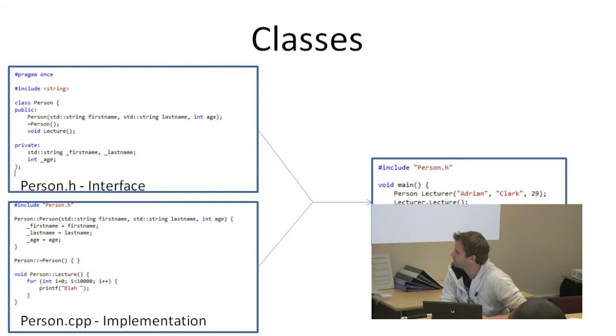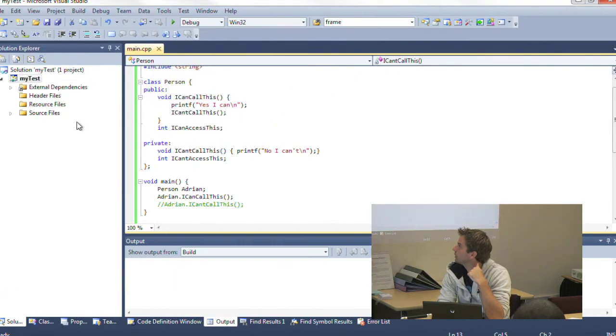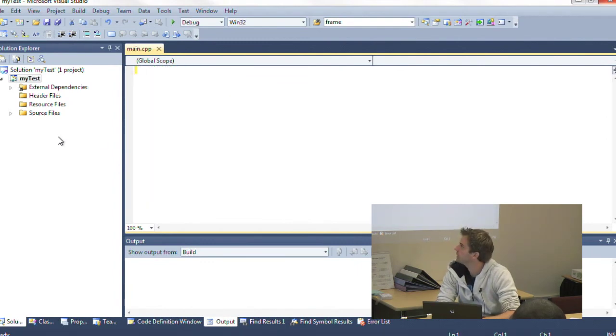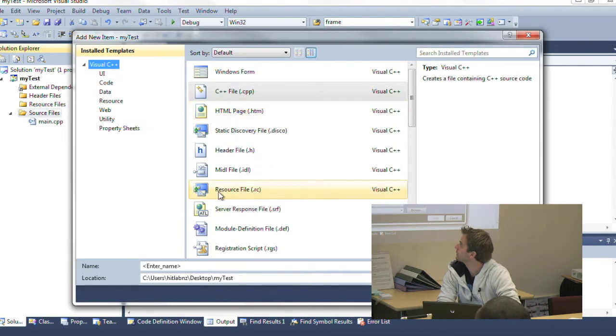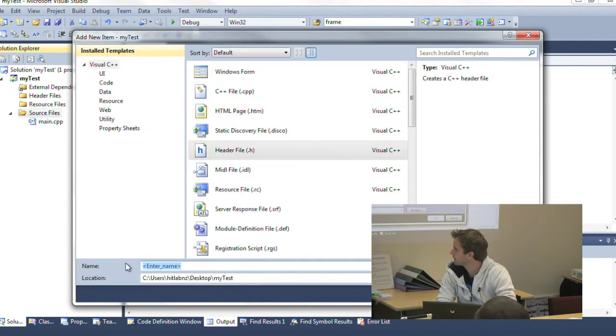So another thing we can do with C++, which you can actually do in Java to a certain extent as well, is what's known as an interface and an implementation. You see here I've got my main.cpp file. Say I don't want to clog it up with all this person stuff because I've got a million different classes I want. Let's create a new file and we'll call this